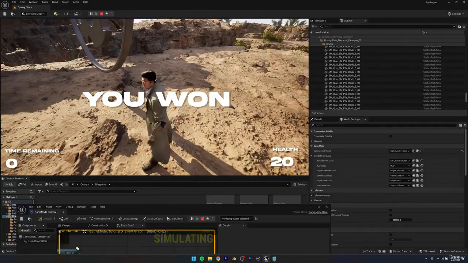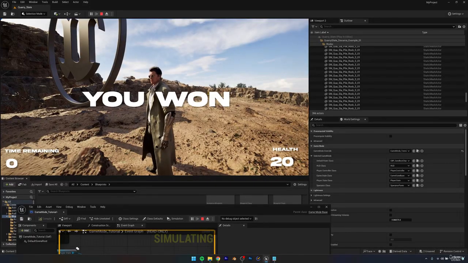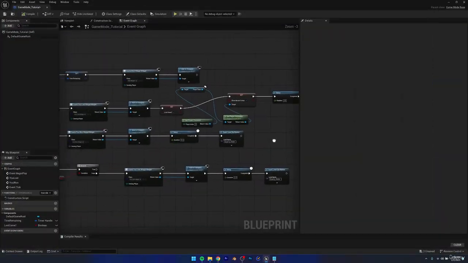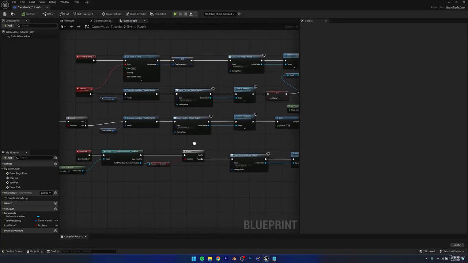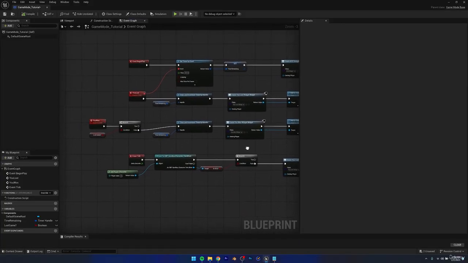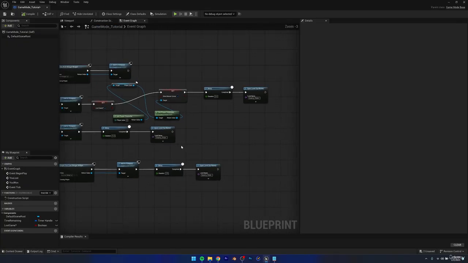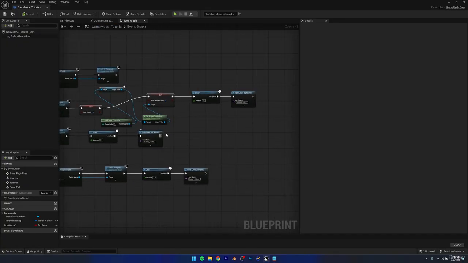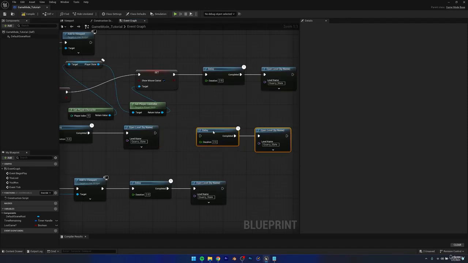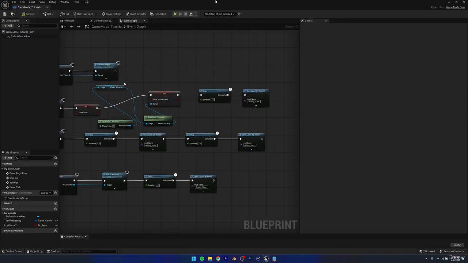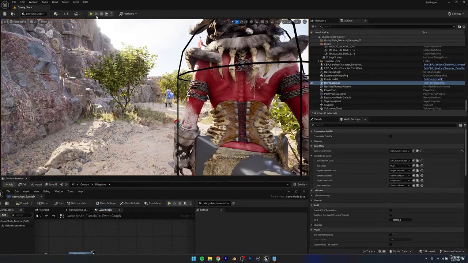And after you win, the game should also do something, right? I think what we should do is, once you win the game, just add a delay and open the level once again. We could also add a button, giving the player an option to either restart the game or quit the game or something like that, but I think it's fine. We can just restart the game,